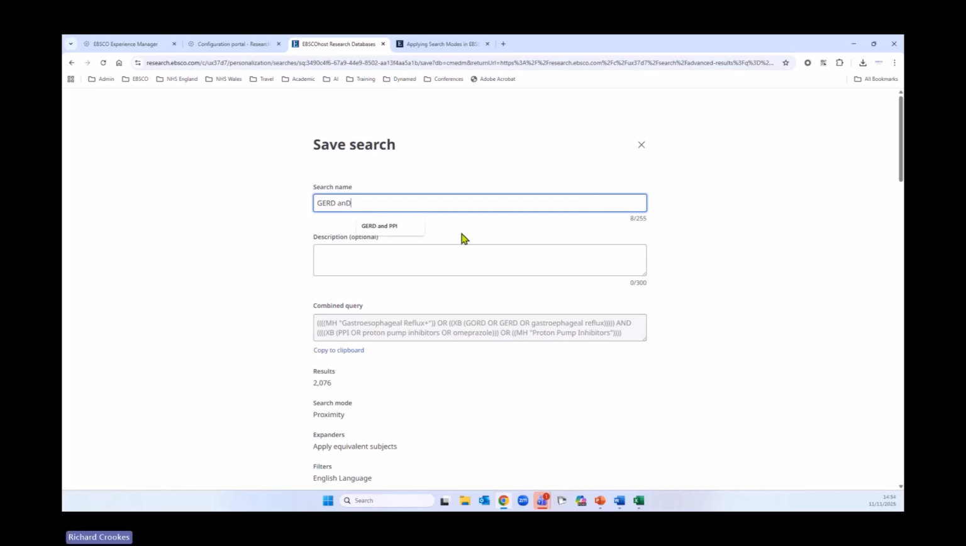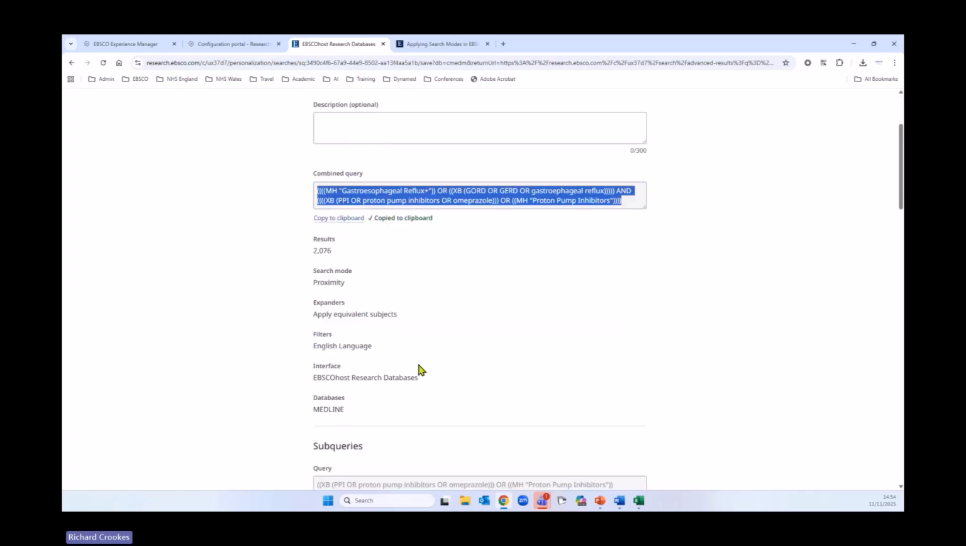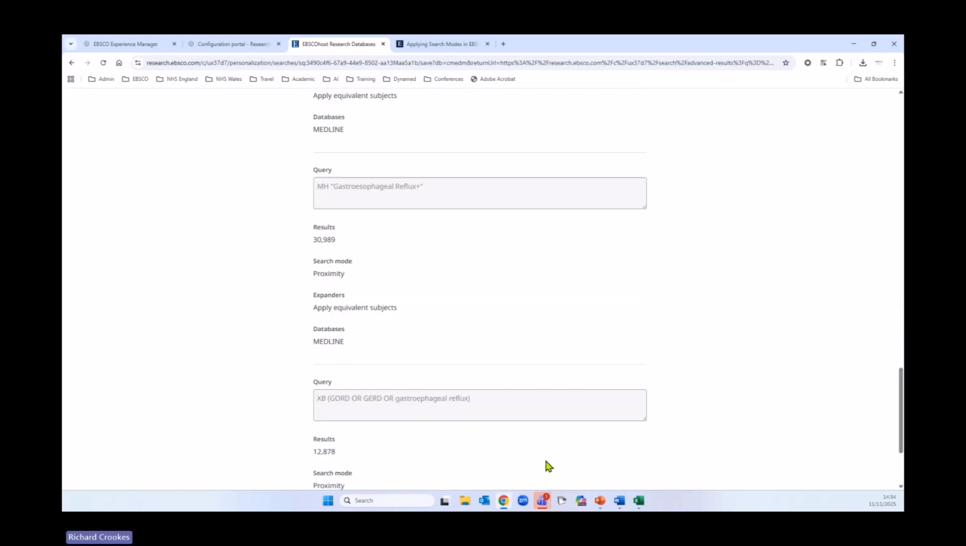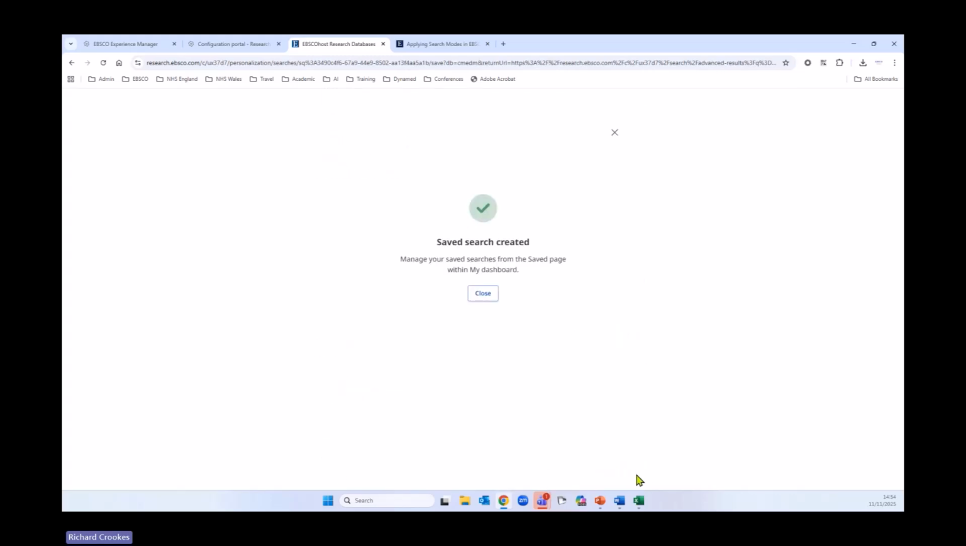And I've done this before, as you can see. Again, the description is optional. You can copy the search string, by the way, from the clipboard here, and then cut and paste that into the database. Otherwise, scroll down and you can save that. So just to highlight this quickly,